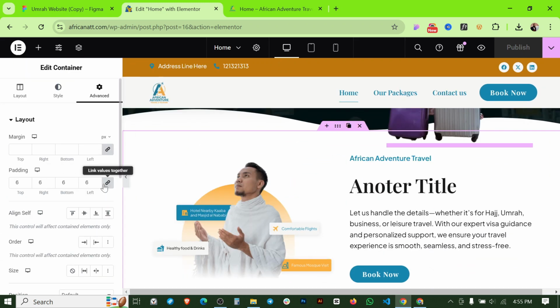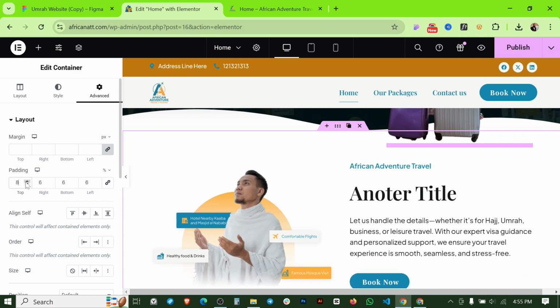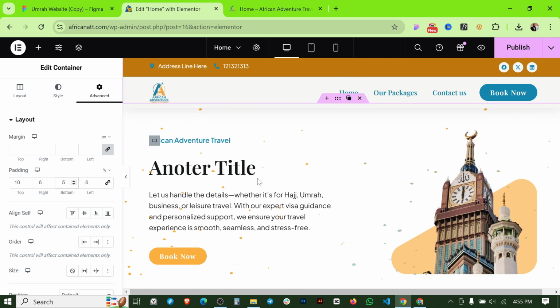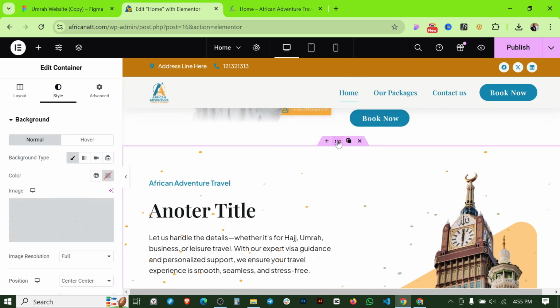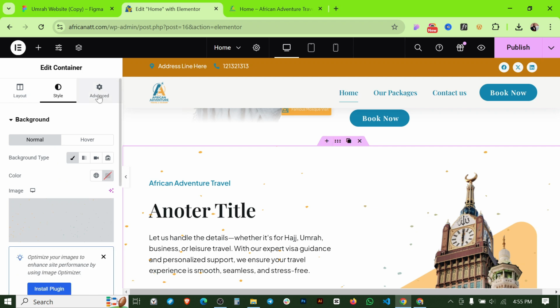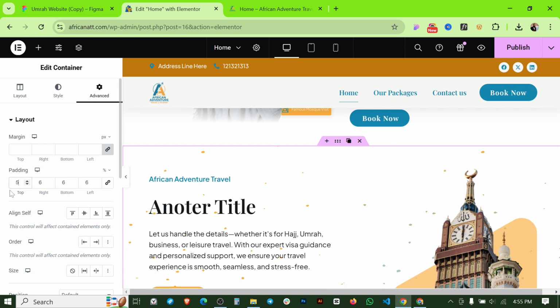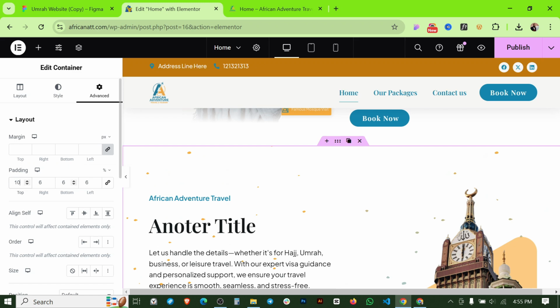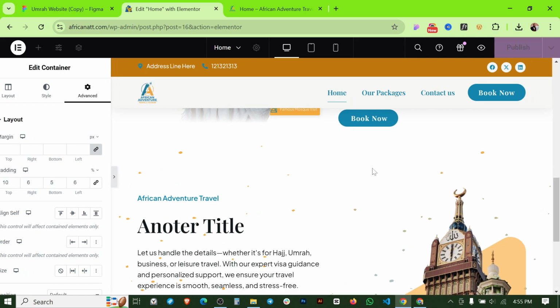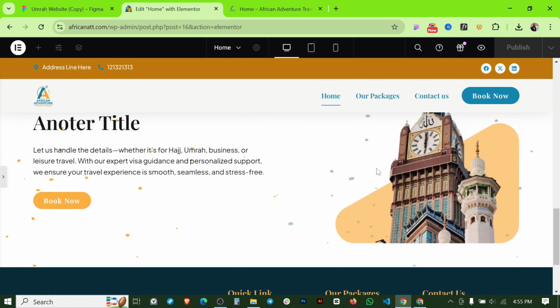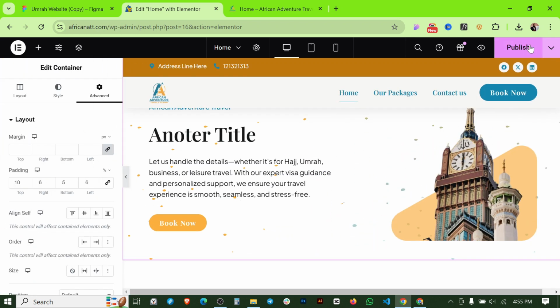So if I select unlink it, at the top we can make it 10, and at the bottom we can make it 5, and here again at the top, if I uncheck it, let's make it 10, and at the bottom we can make it 5. Okay, this is good. And if I publish it again,